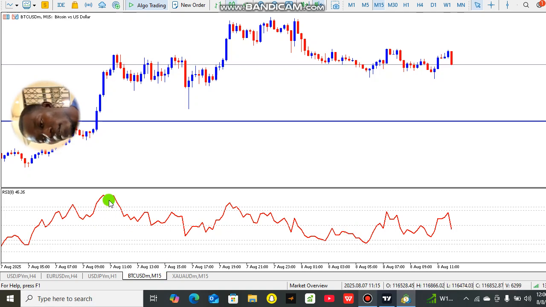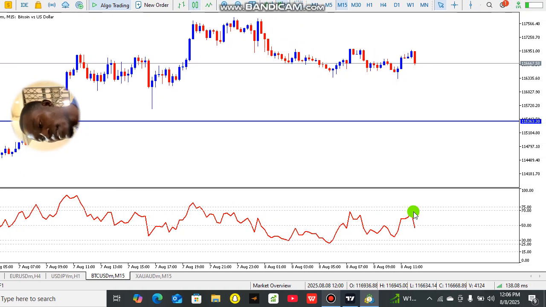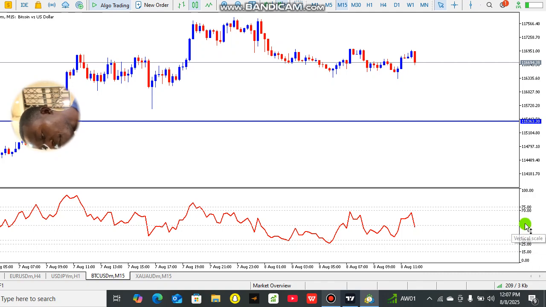So this is the indicator, this is the RSI, or the relative strength index, and as I told you, it's used to determine whether the market has been oversold or overbought. So when you look at it perfectly, you realize that there are some numbers over here, and these numbers are what we use to determine whether the market has been overbought or oversold. So when you check it, we have 0, 15, 25, 30, 50, 70, 75, and then 100. Okay, so if you want to know whether the market has been overbought,